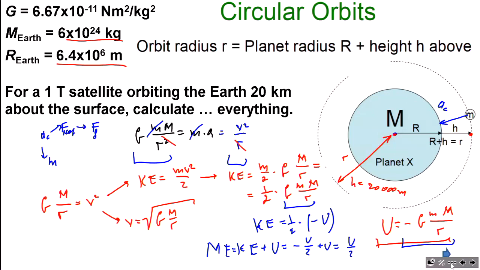Now we can explore the information about speed. If we know speed and we know distance traveled, we can calculate how much time it takes. Distance traveled, of course, in one period is equal to the circumference. It's a standard circular motion. So,